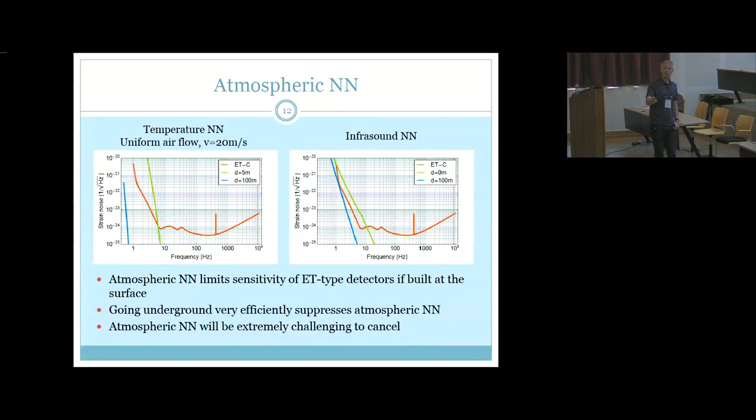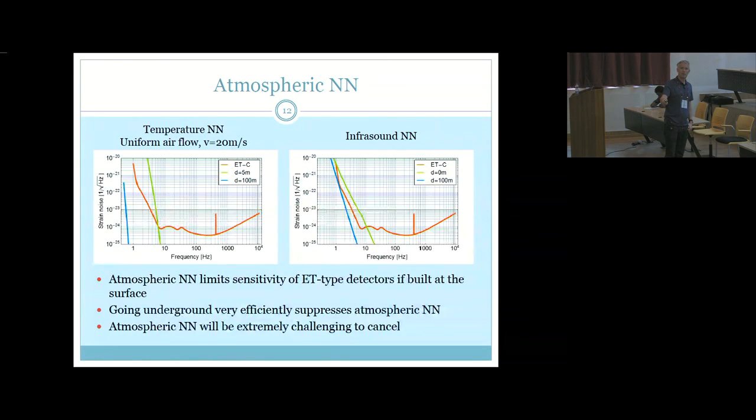For the atmospheric Newtonian noise, my modeling gets very simple in this case. We really don't understand so much about this yet, but we roughly know at which frequencies this appears. Temperature Newtonian noise with a 20 meters per second airflow at the surface means you still have some distance between test mass and that source because of the buildings around the test masses. In that case, the Newtonian noise would be that line, which is very steep, but it doesn't really go beyond a couple of hertz, 6, 7 hertz.